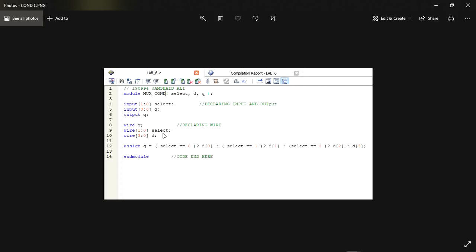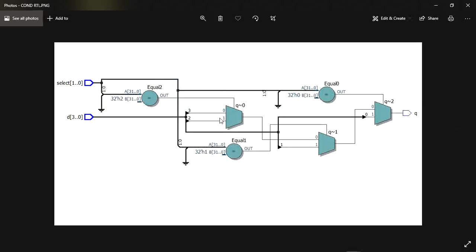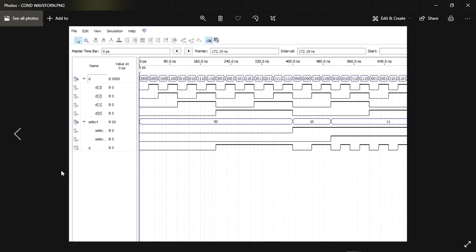You can see here I applied the conditions by using ternary operators. In C++ and mathematics as well, we use ternary operators to apply different conditions and get output at different conditions. So here we applied different conditions to get different types of output depending on our input. So this is our RTL view of our conditional statement. If I am applying 0, or if I'm applying 2, it all depends upon the input to get the output. So now we are moving towards our final output waveform of our conditional statement.